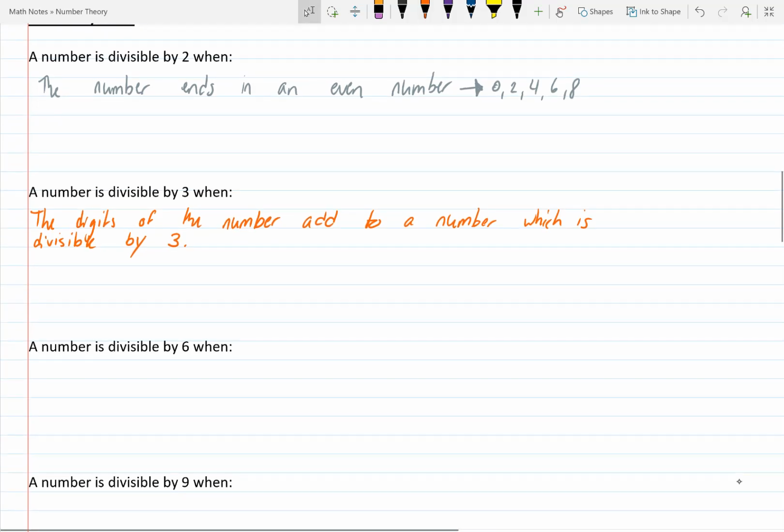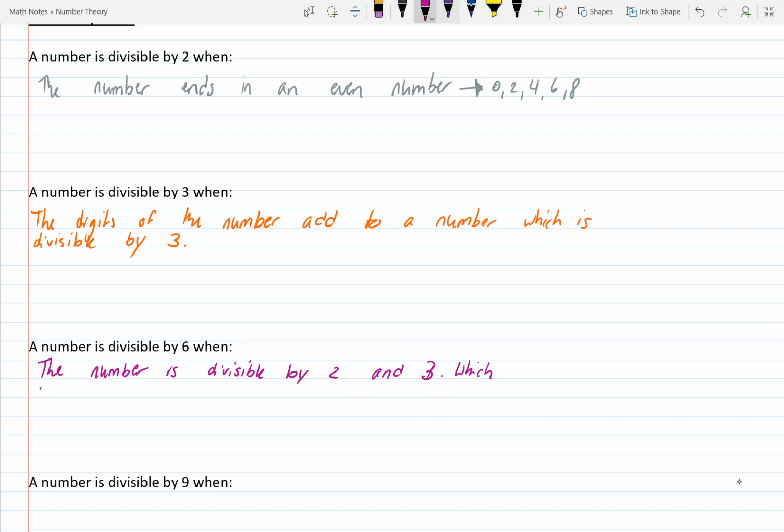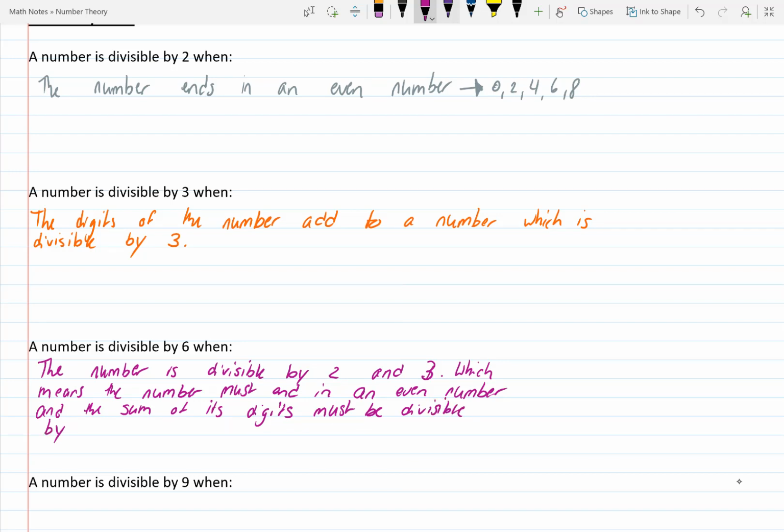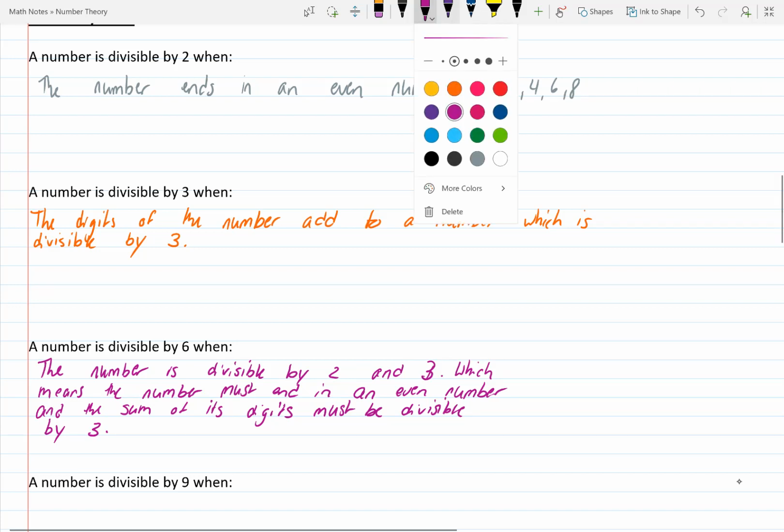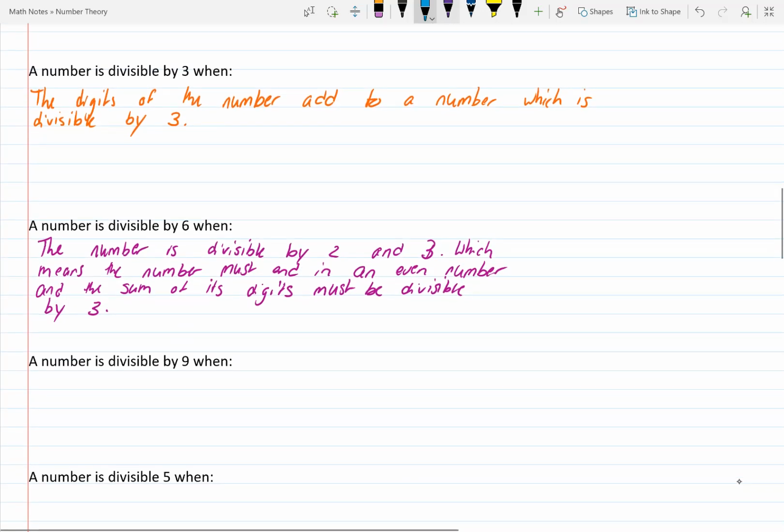Now, a number is divisible by 6 when the number is divisible by 2 and 3, which means the number must end in an even number and the sum of its digits must be divisible by 3. The fourth divisibility rule which we covered was a number is divisible by 9 when the sum